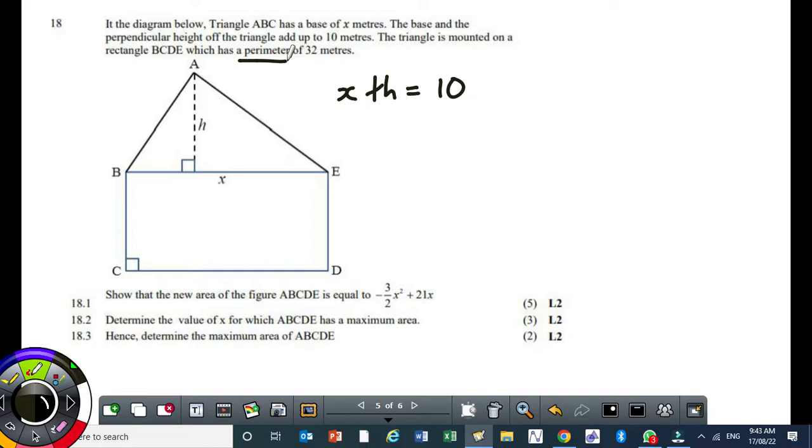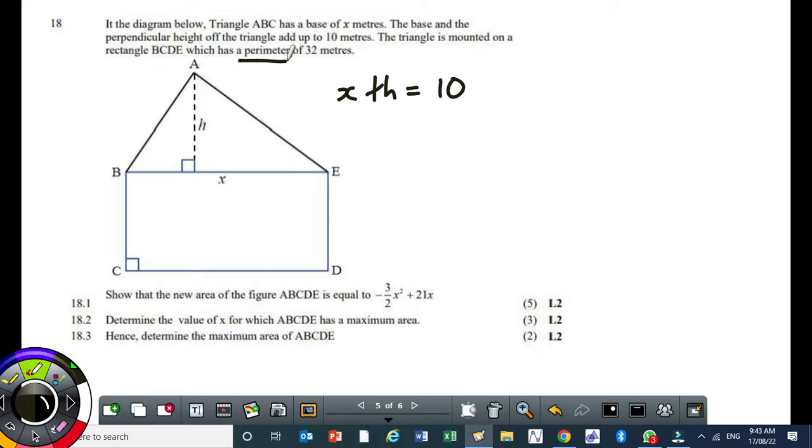If you want to find the area of this whole shape, you need the area of the triangle and the area of the rectangle. Then you add the two. Isn't it? Yes. Right. So let's find the total area, but we will do it one by one. We need this relationship x plus h equal to 10. We are also going to need